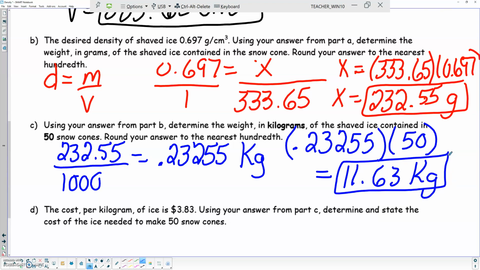Okay, part D, last part. The cost per kilogram of ice is $3.83. Using your answer from part C, determine and state the cost to make 50 snow cones. Okay, so we know there's 11.63 kilograms in those 50 snow cones, and the price of each kilogram is